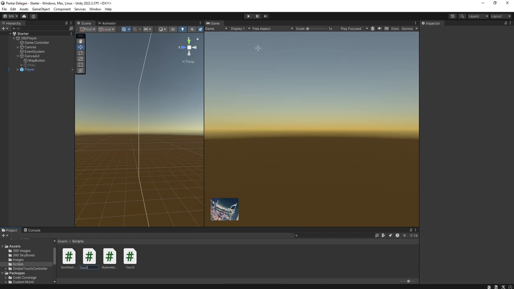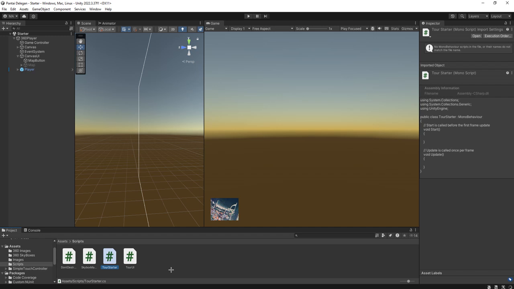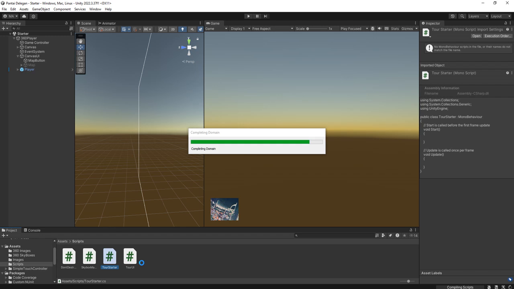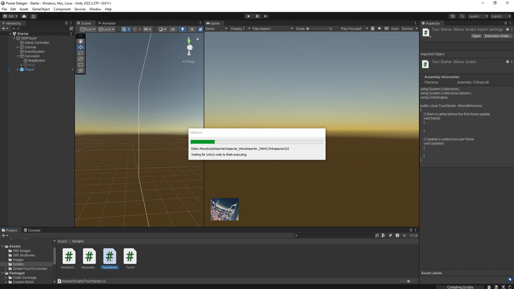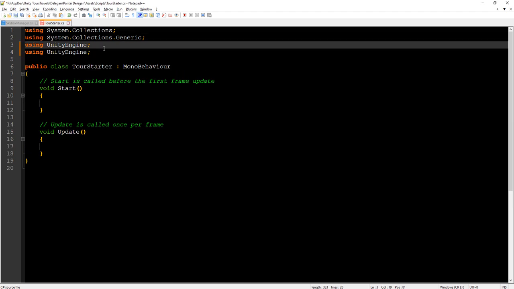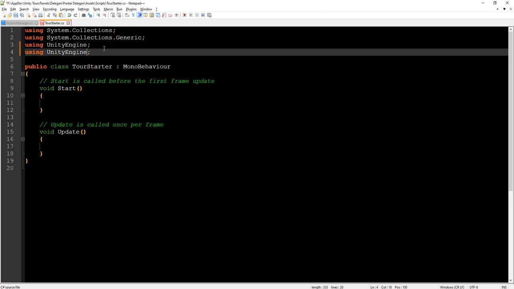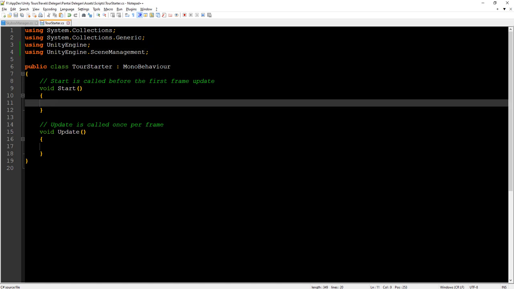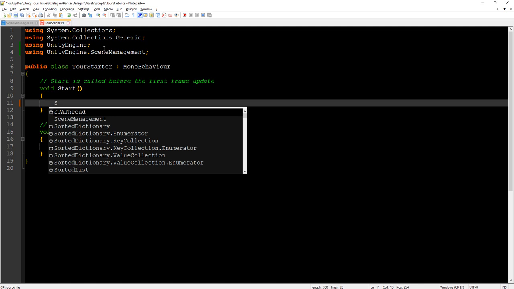Let's say we have this script with this name, TourStarter, and here UnityEngine.SceneManagement. At the start, we will load the first scene.